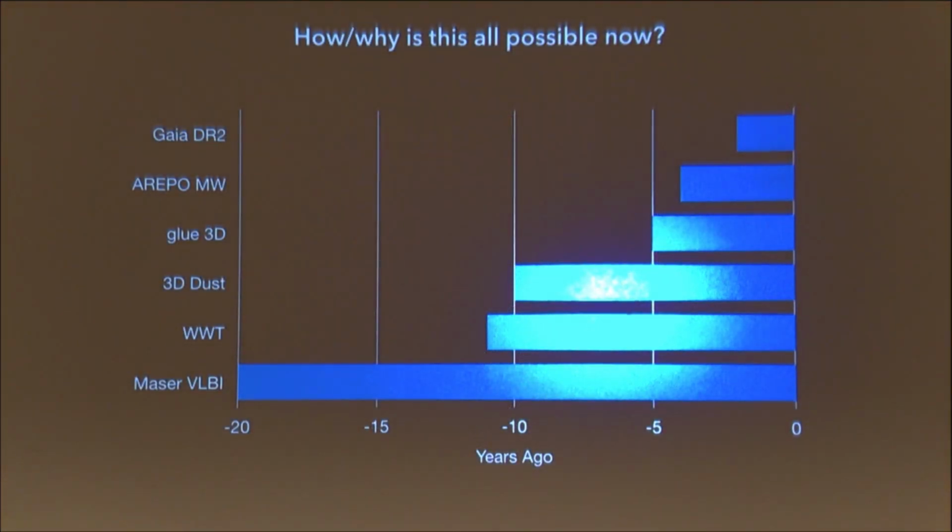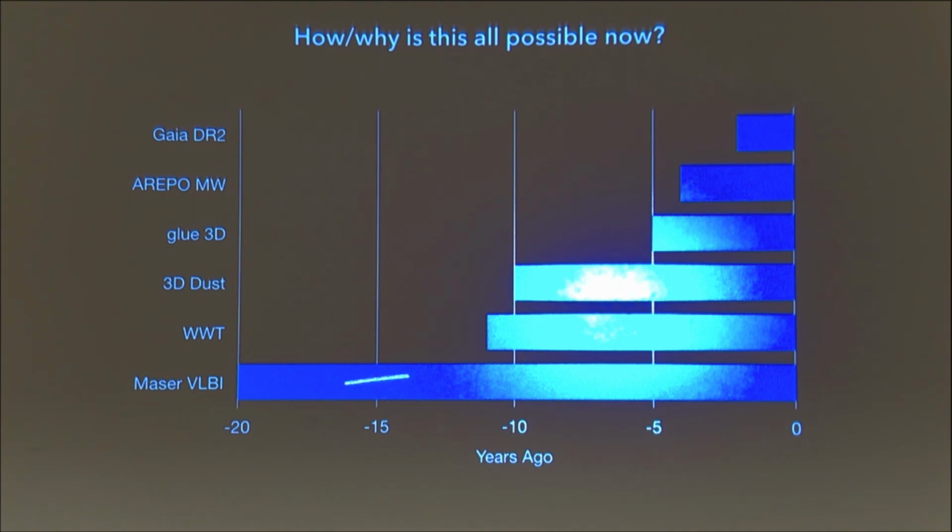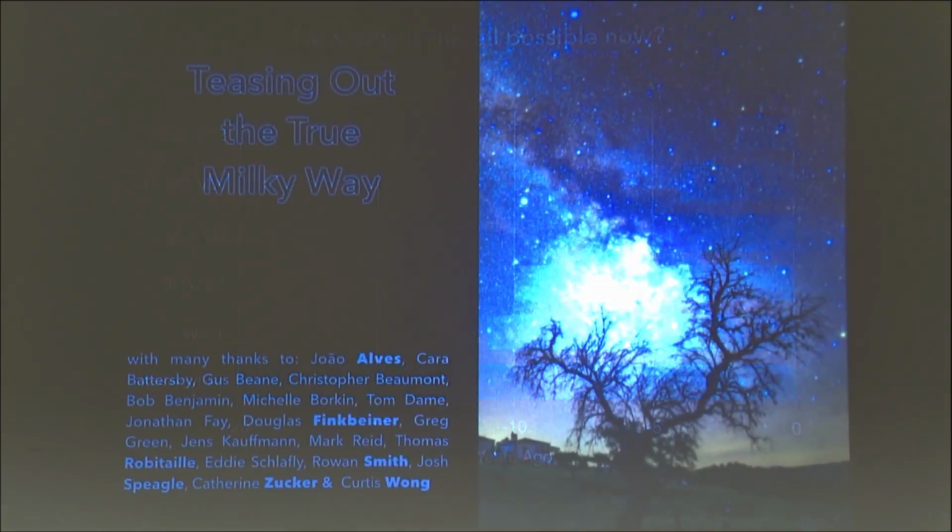And I just wanted to conclude by explaining why this is just possible now. And the answer is that these wonderful maser VLBI distances have been available for a really long time. The kind of visualization tools that I showed you, like Worldwide Telescope and GLUE, which were really key to figuring out what was going on, are much more recent. And the most recent thing is Gaia DR2, which allowed for these distances to get so much better. So that's pretty much what I wanted to tell you. Thanks.